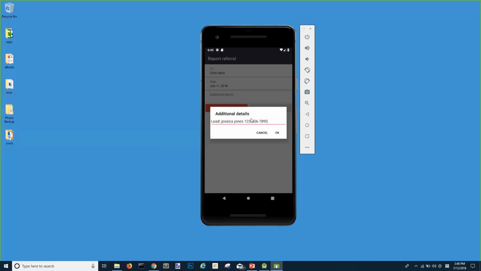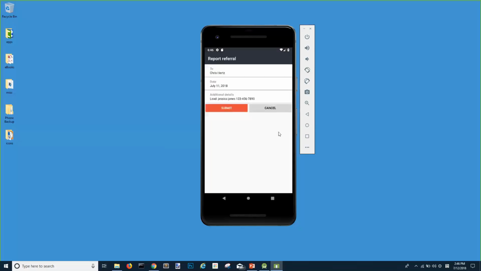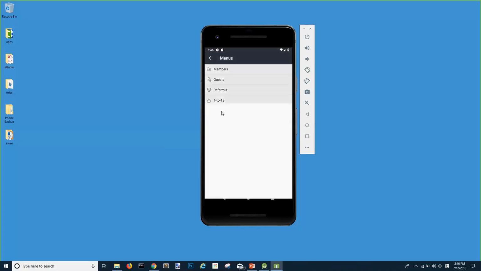If I want to store all the information in here, email or any information, and just click on submit. And it says referral successfully reported. Now if I go to referral section,